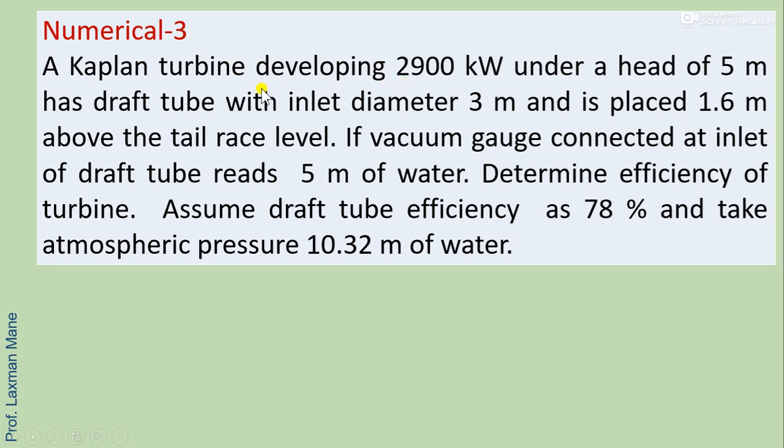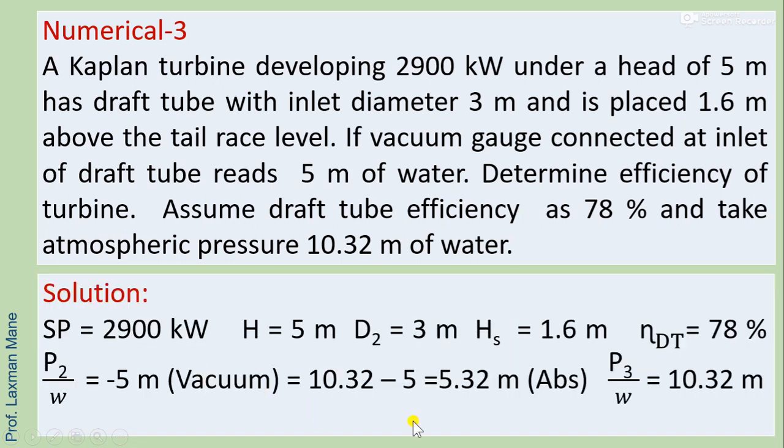In numerical 3, Kaplan turbine power is given, head is given, inlet diameter is given, and it is placed 1.6 meter above tail race level. Vacuum gauge reading is given, turbine efficiency, that is overall efficiency, is given, and atmospheric pressure is taken as 10.32 meter of water. So here again this pressure is given as absolute, so we will list the values: shaft power, head, D2 diameter,